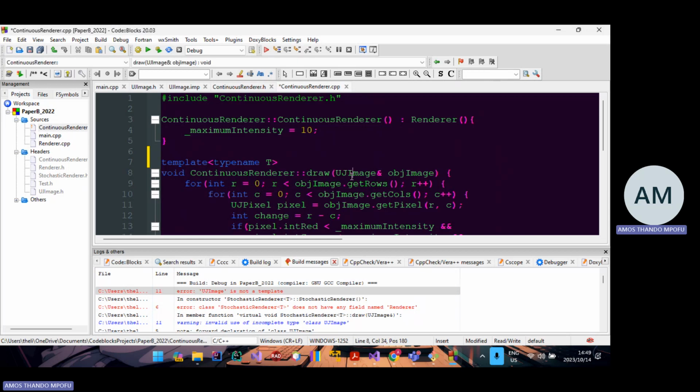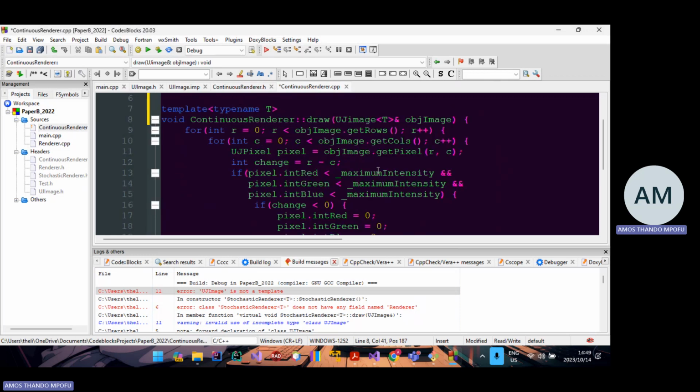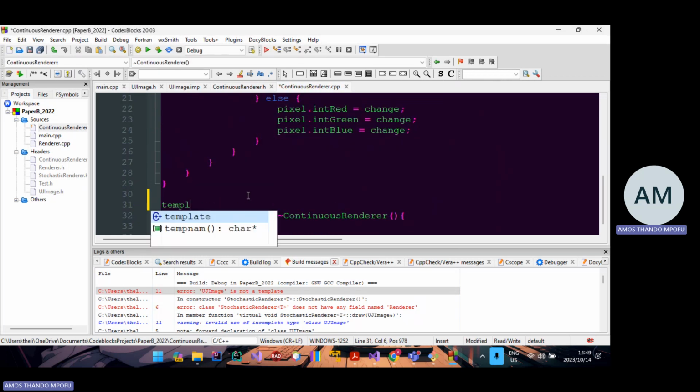Type name T, UJ image type T. Then change UJ pixel to T